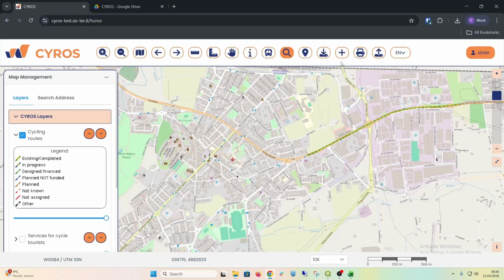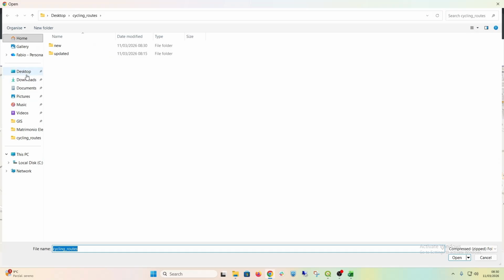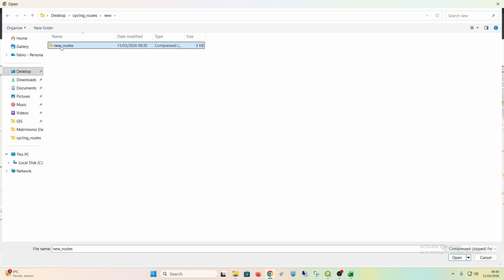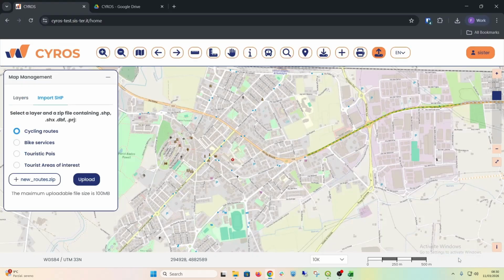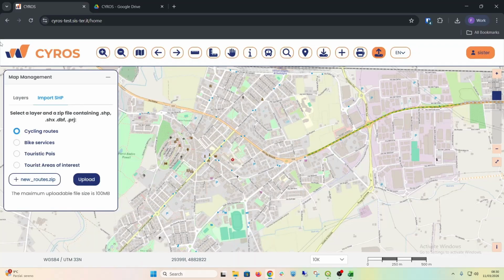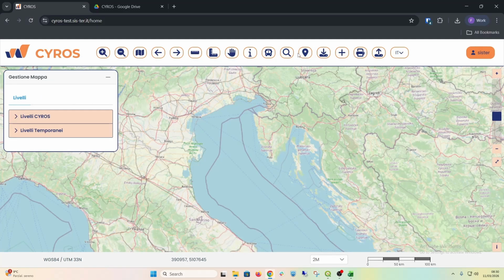Now, if I go back to the interface, I can click on import data. Once again, I will choose import shapefile, cycling routes, and now I select the zip file of the new routes. Perfect. And if I click on upload, okay, I get a success message. And if I refresh the interface and go back to Sant'Arcangelo,